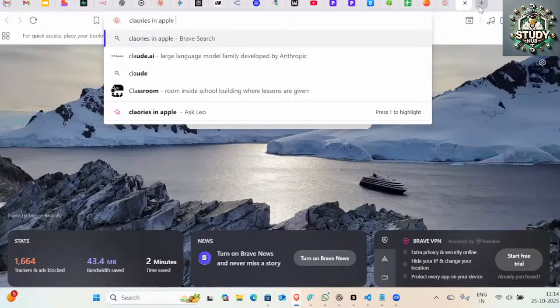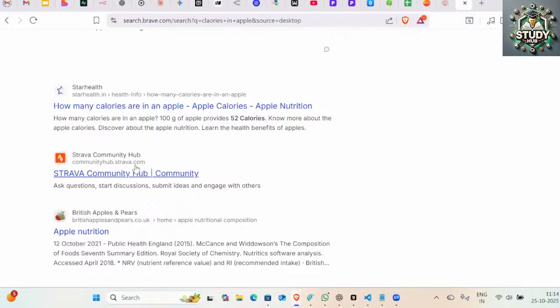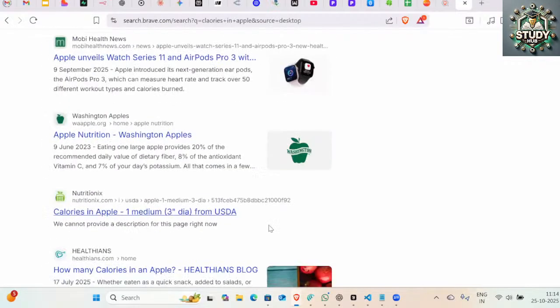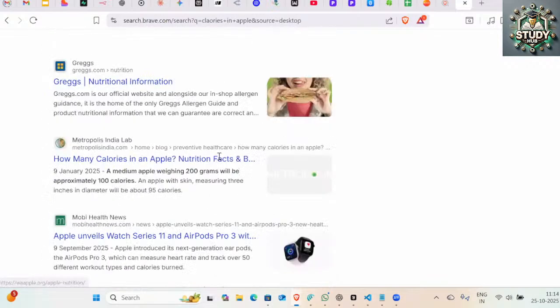think logically. If you think from first principles, you will understand everything. Don't go into memorizing anything. If I just type "calories in apple," all the articles I get here will be talking about the fruit apple. Do you think it will ever be talking about the brand Apple if I just type "calories in Apple"?